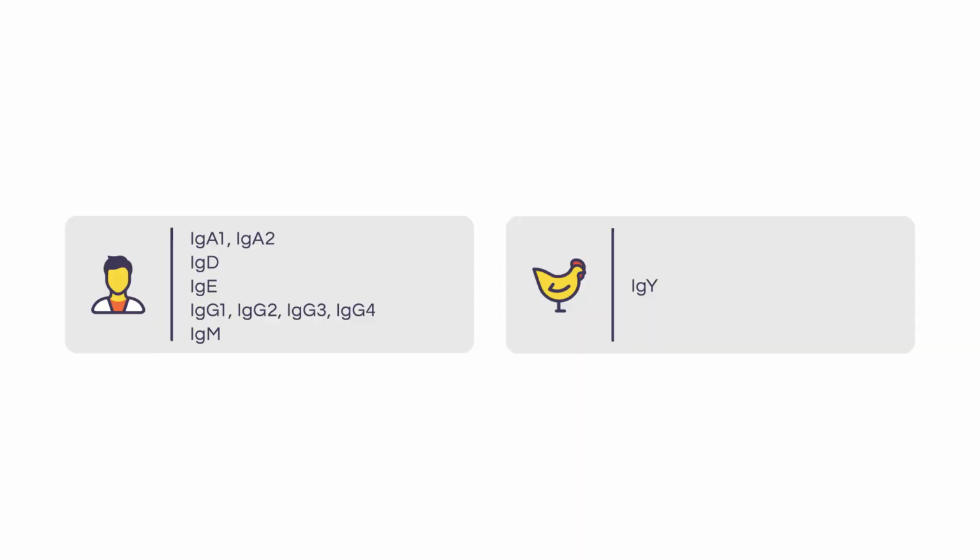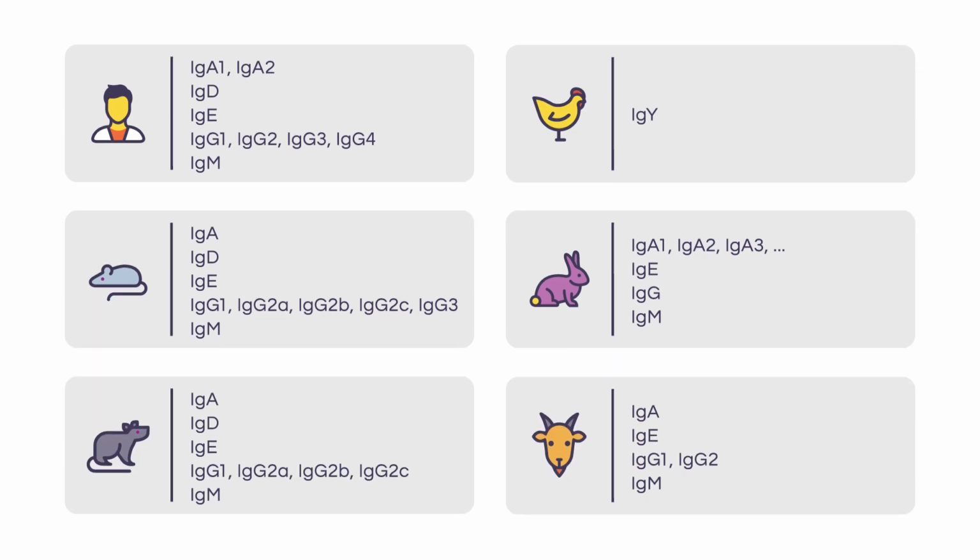In addition to having different isotypes, a lot of animals also have different subclasses of antibodies. Those subclasses are characterized by different modifications in their heavy chains. For example, humans have 4 different IgG subclasses, IgG1, 2, 3, 4, while mice have 5 IgG subclasses, IgG1, 2A,